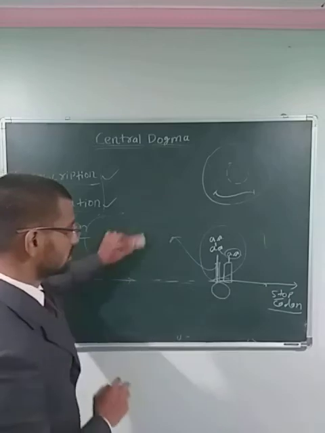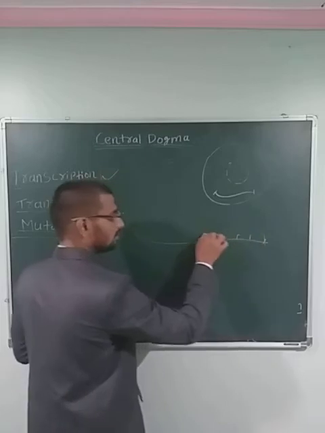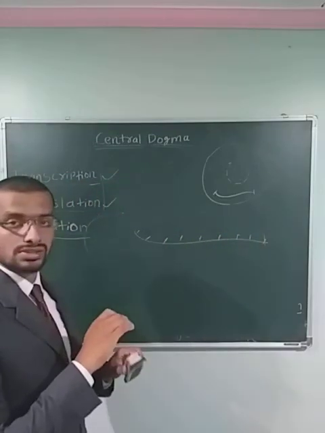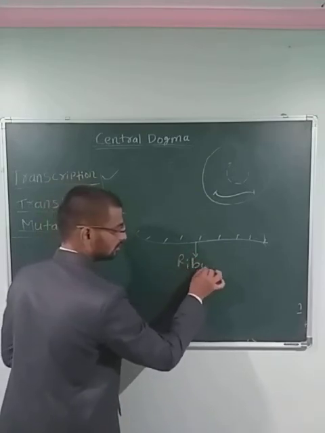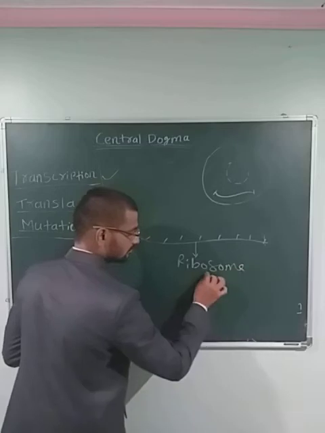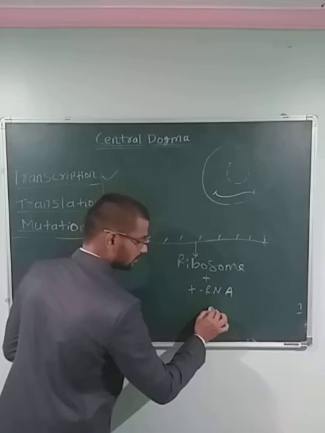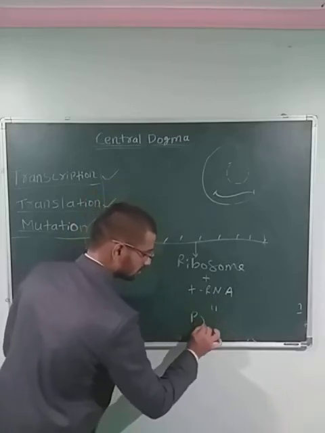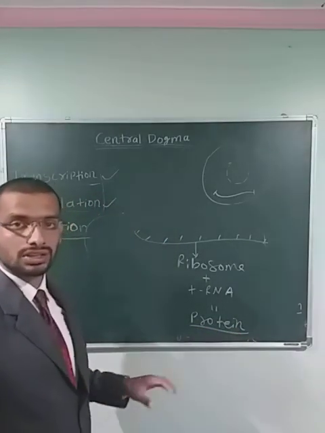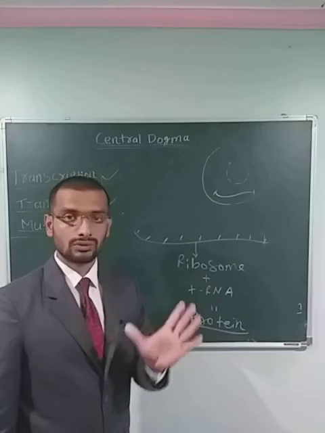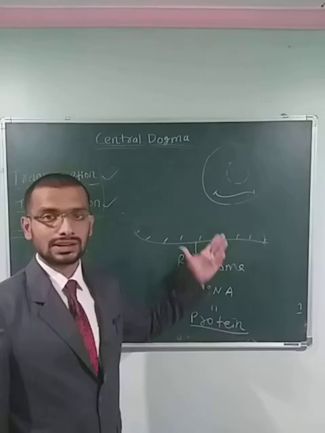At the end of this process, we have the mRNA whose translation process is done with the help of ribosome plus tRNA, and we have as a product protein. So what is protein? A protein is a chain of amino acids. From where did we get that chain? From an mRNA. mRNA we got from a transcription process.